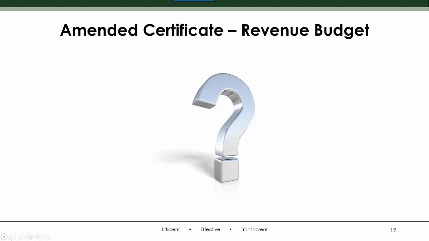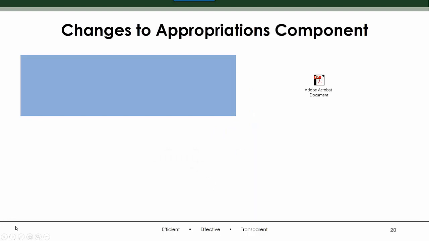We're going to look at the next component of updating the operating budget, because I got my amended certificate back, and at the next meeting, my board is going to adopt the new appropriations for that grant. So remember, appropriations aren't like the amended certificate where you can do it between meetings. Appropriations have to be adopted by the governing board. It's a piece of legislation.